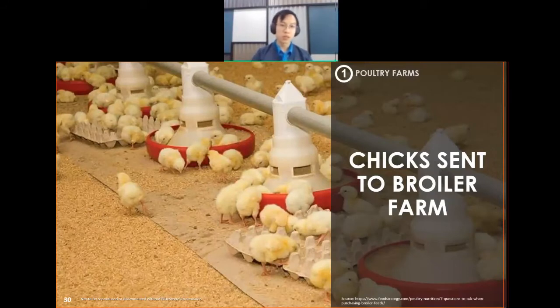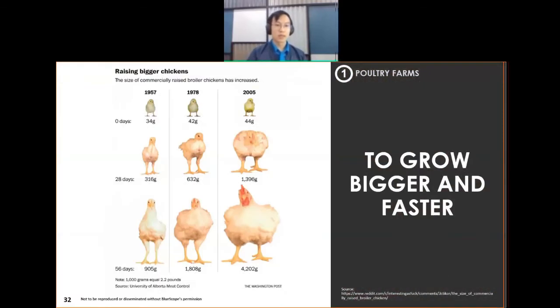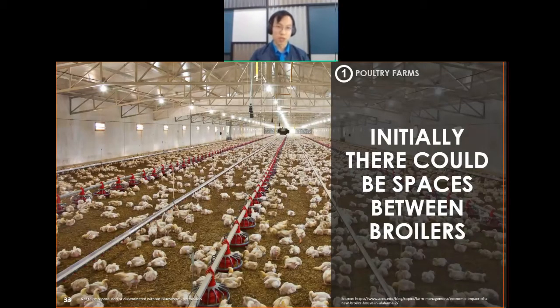So once they hatch, the chicks will be sent to the broiler farm, and they will be fed a balanced diet. They'll grow bigger exponentially within, say, 1 month and then 2 months. It's actually quite scary to look at this diagram. At this stage, we know that in modern farming there will be bigger chickens. It's expected. And at the same time, more manure, more feces coming out from them. So it is very crucial for us to be conscious about the manure and how to manage it. Nowadays, the broiler farm will look somewhat like this, where